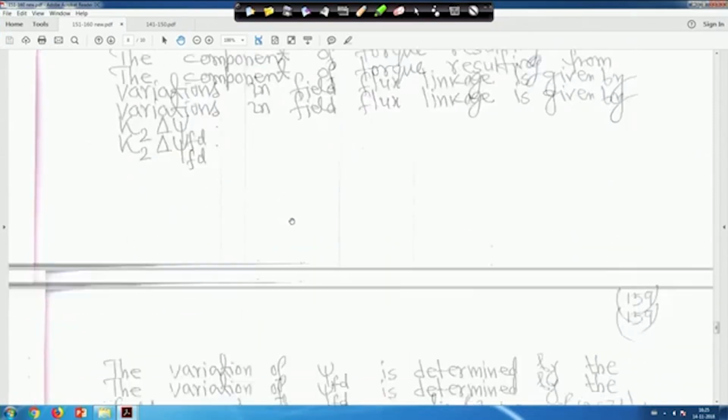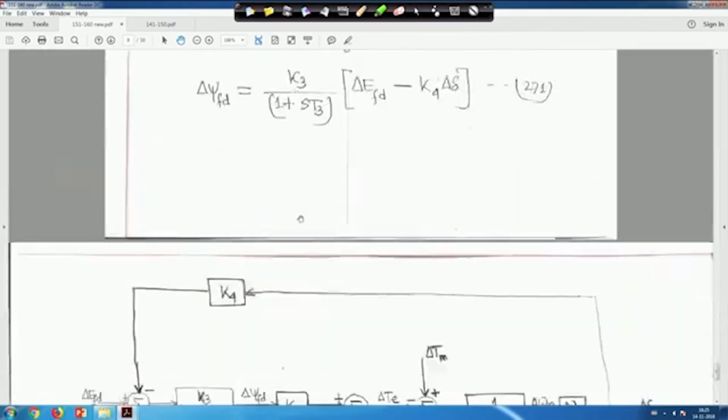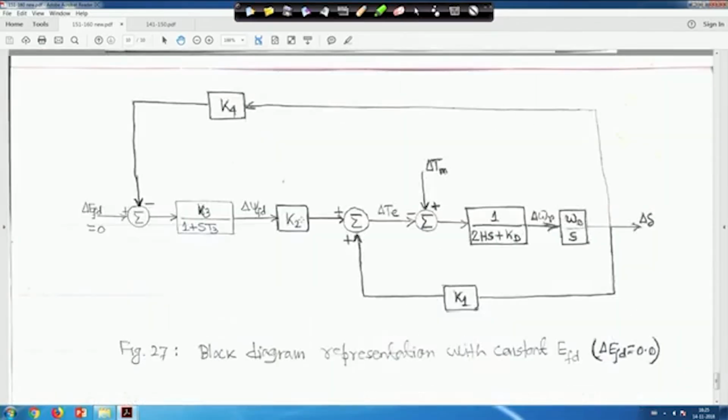That means when we come to the block diagram, that figure 27 we have not come to, so I will go back again. This is my figure 27 in terms of your K1 and K2. Earlier we have seen that if you bring the Kd delta omega term to the left hand side and simplify, you will find this is delta Tm positive, this is minus delta Te, and it is 1 upon 2Hs plus Kd. Then the output is delta omega r, and